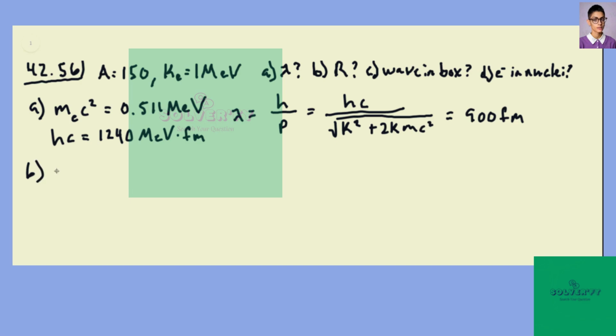Now the size of this nucleus, we just use the equation that it goes like the mass number to the 1/3 power. We find that the radius of the nucleus is 6.4 femtometers. Now for parts C and D,